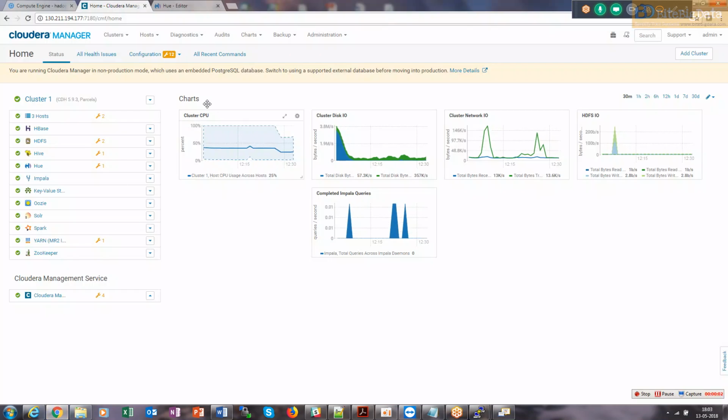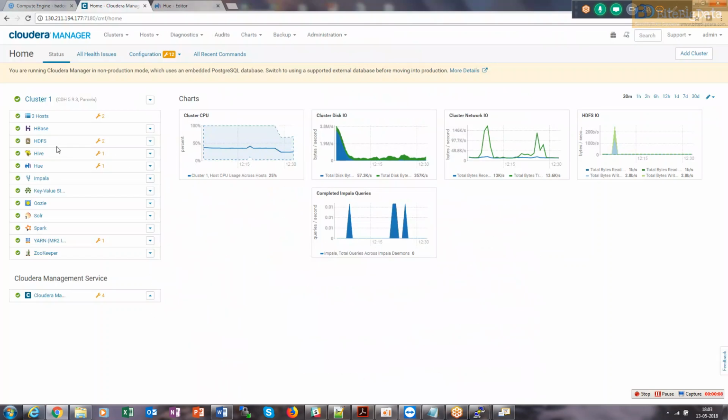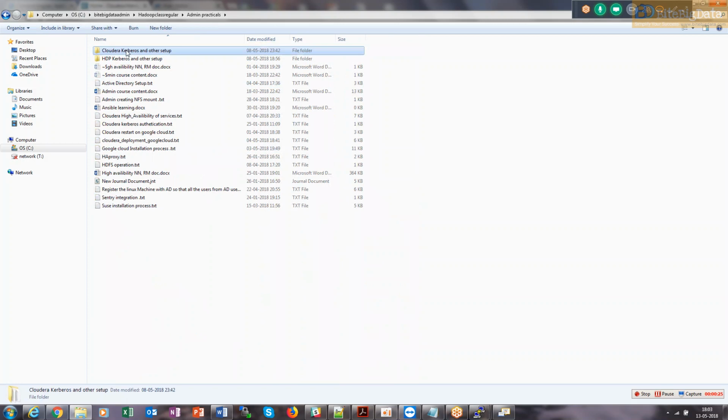Okay, so now we need to look into the Sentry part. The thing is, nobody is going directly to HDFS; mostly developers will access Hive, and Hive is actually pointing to HDFS ultimately. So to install Sentry, what we do is